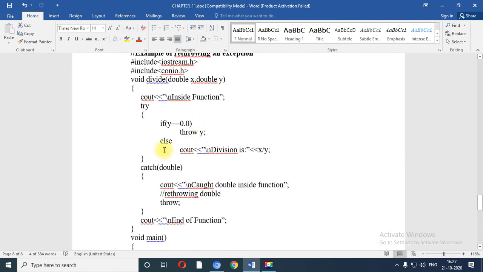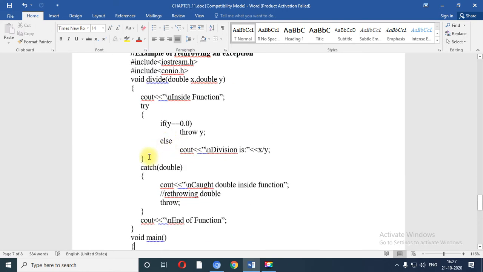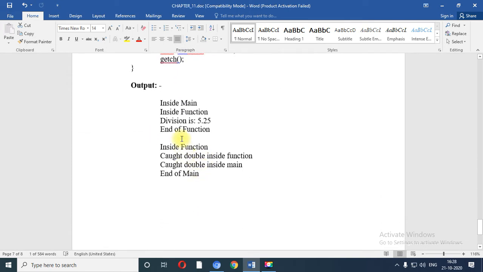Now in the catch, again we are going to throw the value to void main, right? So that is called rethrowing. What happens is void main throws a ball to void divide, and void divide again throws a ball to void main.